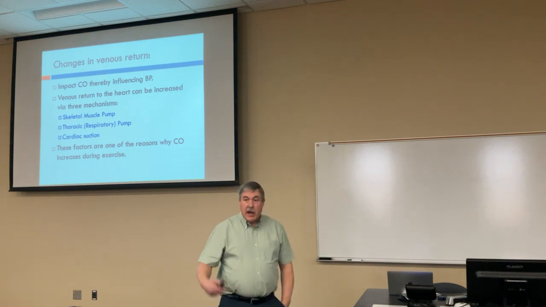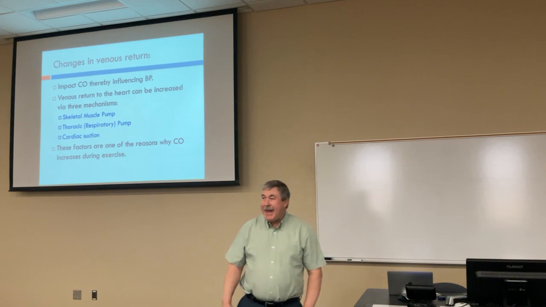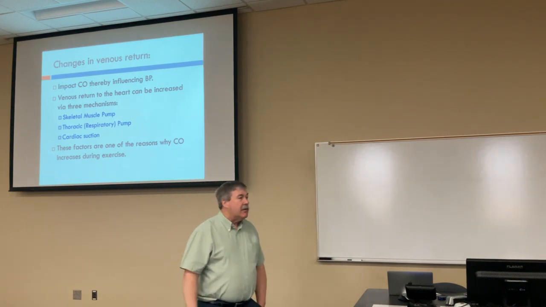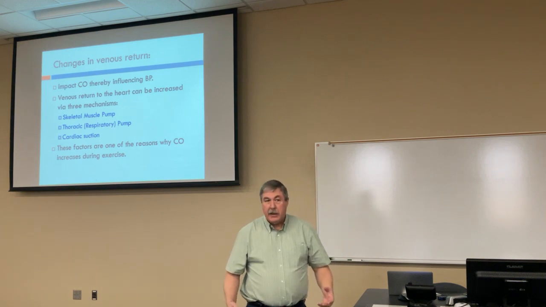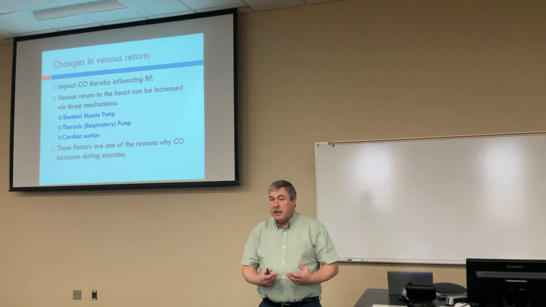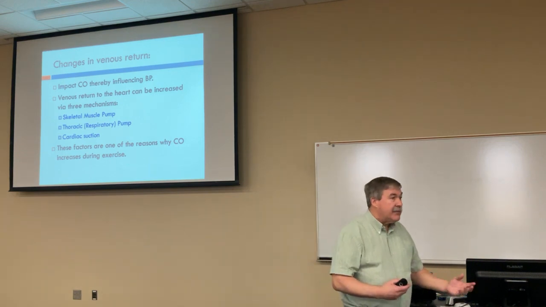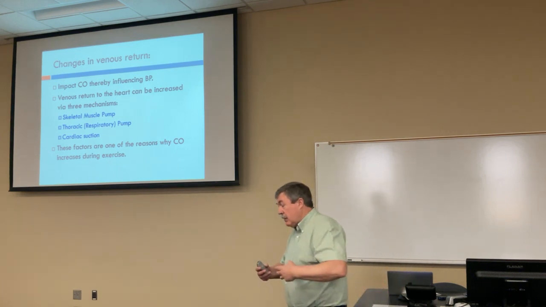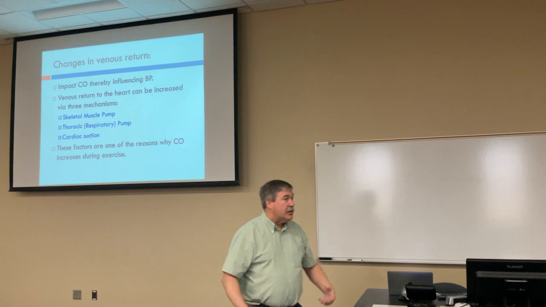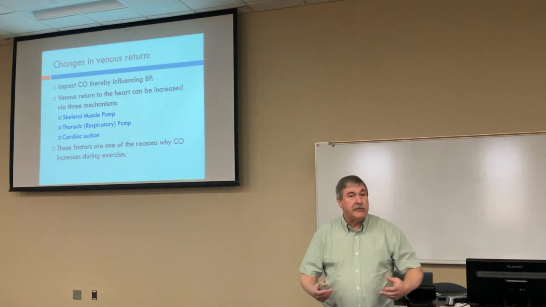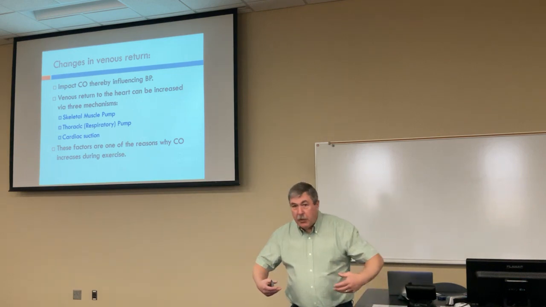So the next topic in chapter 20 has to do with mechanisms that aid in venous return. Now, veins are called the capacitance vessels because they can expand to accommodate more blood. And that happens because the blood in the veins isn't under very high pressure. Because of the resistance of the capillaries, after blood goes through the capillary beds, the blood isn't under much pressure anymore. And so gravity can pull blood downward in the lower part of our body, and it can pool in our veins. And so our body has three different mechanisms to help push that blood back up to the